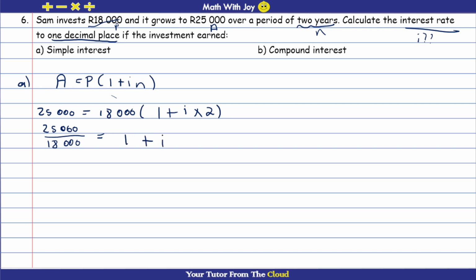Plus 1 plus I times 2. Then you take that to the other side. You get 25,000 over 18,000. I could just remove those zeros as well. Minus 1 equals I times 2. Now, I'm just going to do this calculation in the calculator. You go 25 over 18 minus 1. And you get your answer. It's going to be 7 over 18. Now, that 7 over 18 still has to be divided by the 2, the 2 that is times the I. So you say divided by 2, and you get your answer as